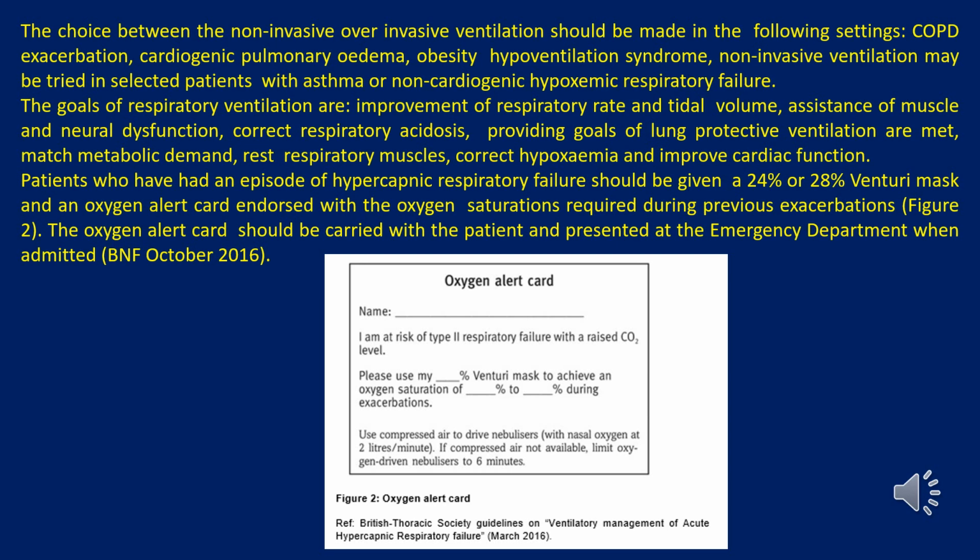The goals of respiratory ventilation are improvement of respiratory rate and tidal volume, assistance of muscle and neural dysfunction, correct respiratory acidosis, providing goals of lung protective ventilation are met, match metabolic demand, rest respiratory muscles, correct hypoxemia and improve cardiac function. Patients who have had an episode of hypercapnic respiratory failure should be given a 24% or 28% Venturi